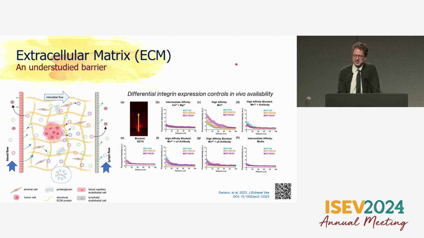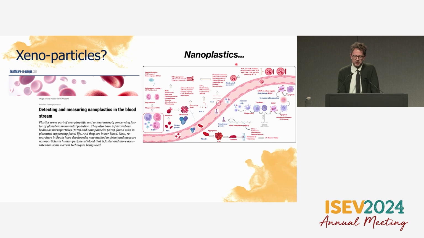And then finally, the concept of xenoparticles, which we asked everyone to consider today. Not really a different species, but what about nanoplastics? I don't know if anyone is following this scary modern news and literature, but nanoplastics are found in very high numbers in blood and other circulating biofluids. They scatter like EVs, actually more. They look like EVs. They can bind protein and albumin and other materials.